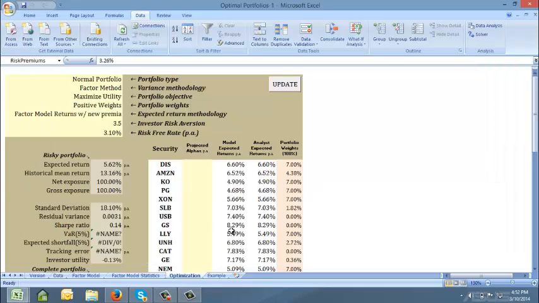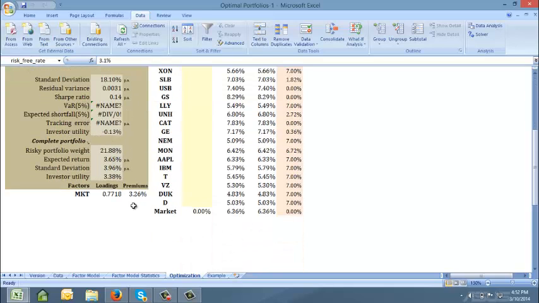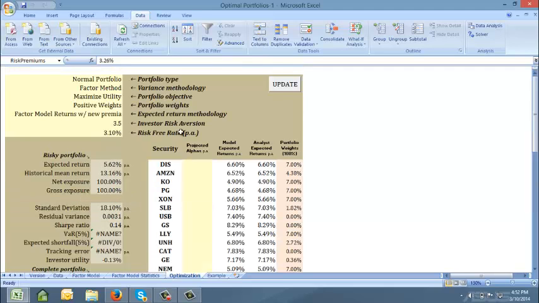So first, we're going to go through and input everything they give us in the beginning. 3.51 risk aversion coefficient, 3.1 risk-free rate, risk premium is 3.26. So I've already done that. Now we are going to